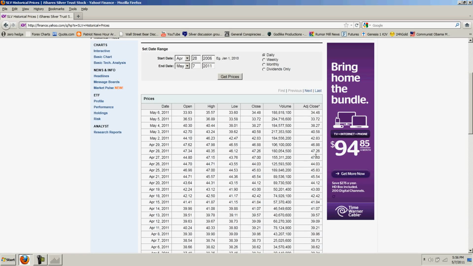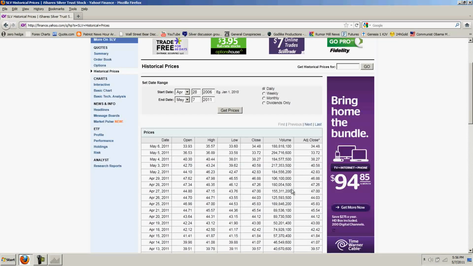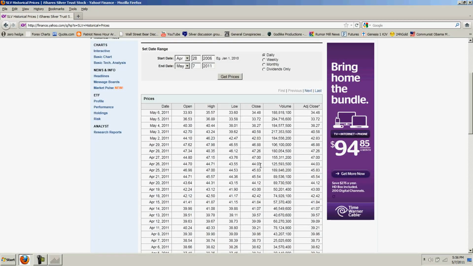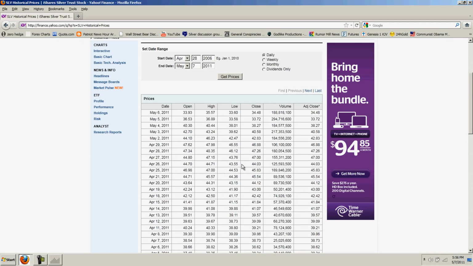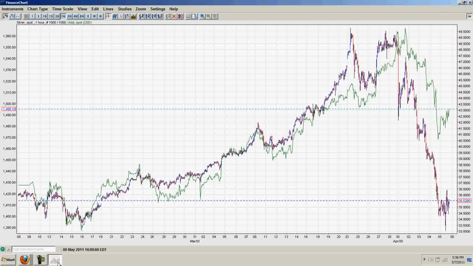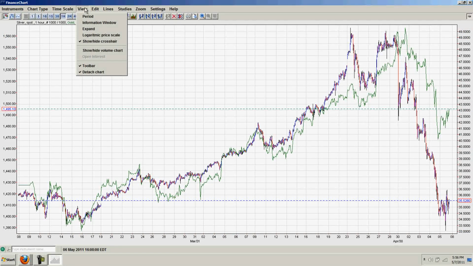This is the volume I've been following recently on the SLV. This is the SLV trading roughly an average of 200 million shares a day. And if we look at just since April 25th or so, there's over a billion, 1.5 billion ounces of silver going back and forth. Now, we know that about 750 million to a billion is mined every year. So here's an entire year's worth of silver,